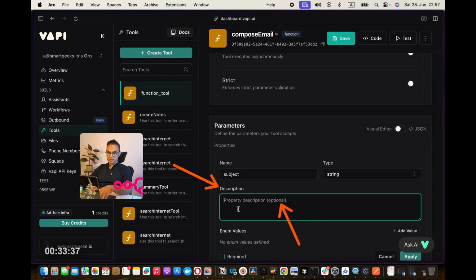I would have made this mandatory and also rewrite this to kind of like a mini prompt for the LLM to determine from the conversation of Vapi that, hey, this is a parameter of subject, and you need to take from this entire conversation that Samantha is having with Aemal and take the text of subject and then inject it inside this text. So therefore, the messaging here is not nice.